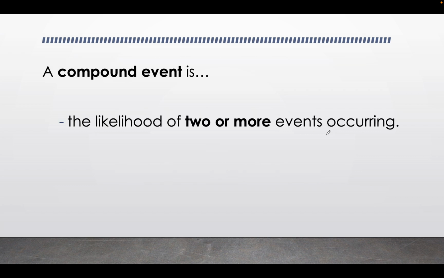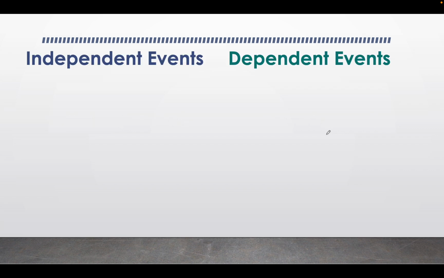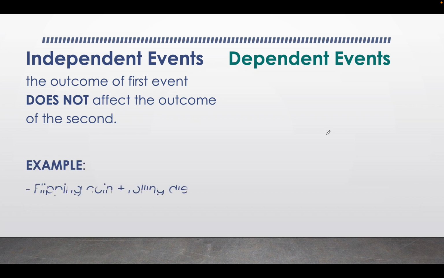First, let's discuss what we are doing here. We are looking at compound events, the likelihood of 2 or more events occurring. When we have 2 or more events occurring, there are 2 different types of compound events: independent events and dependent events. Independent events are where the outcome of the first event does not at all affect the outcome of the